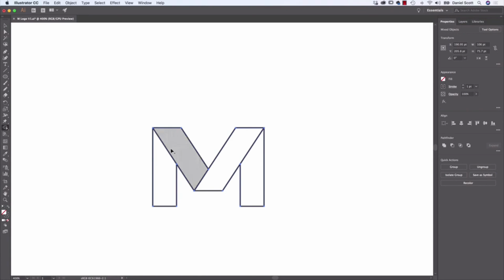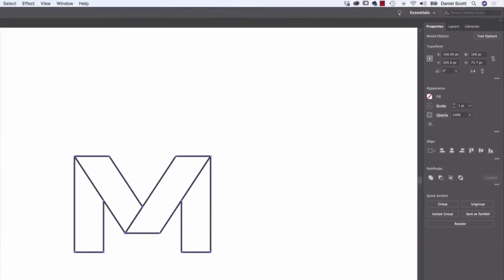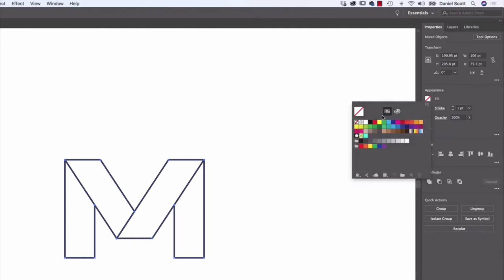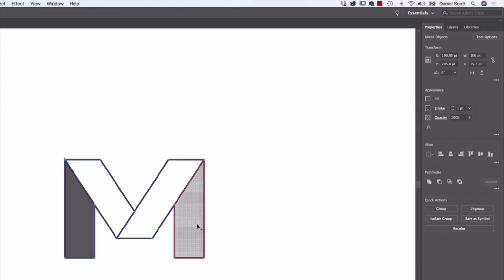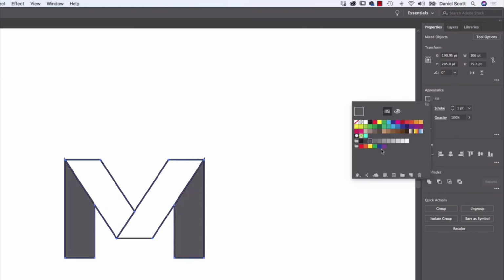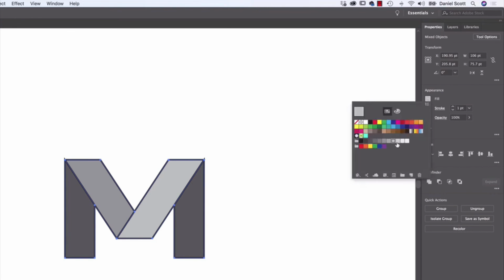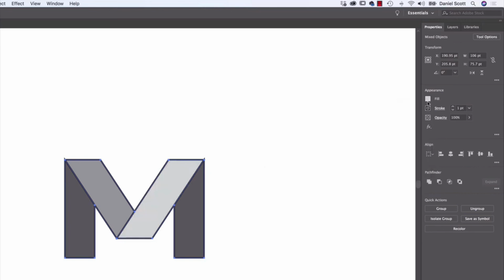So I've got it all selected with my black arrow. I've shifted to my shape builder tool. And what I'm going to do is pick a fill color. I'm just going to work with black and white. We'll deal with color a little bit nicer later on in the course, so hang out for that. I'm going to pick a darkish color to do that one. And maybe that one. We'll work it out. Winging this. We'll use a slightly lighter grey for this one, and even lighter grey for this one. Even lighter. Come on, Dan. And this last one here,